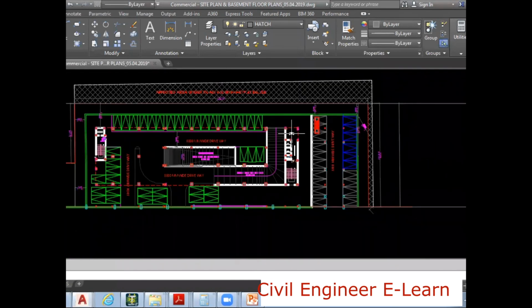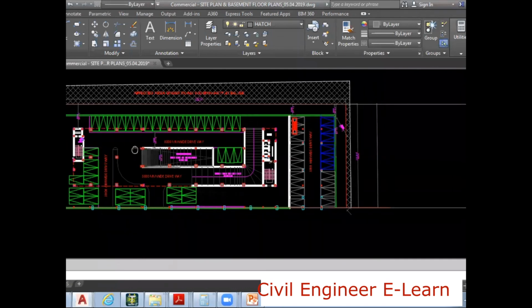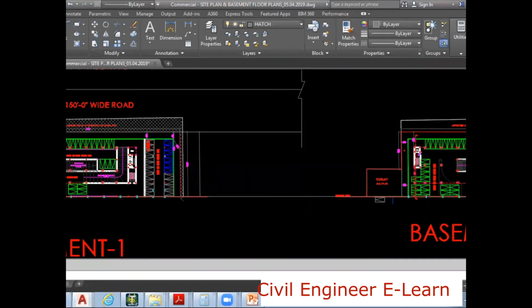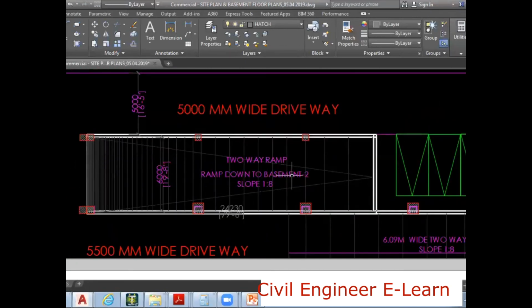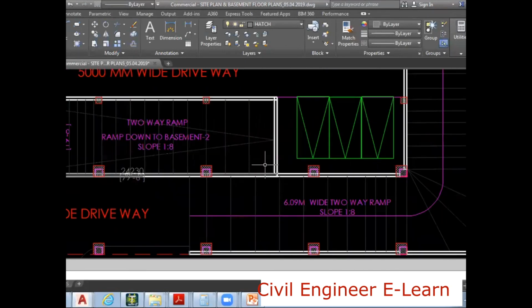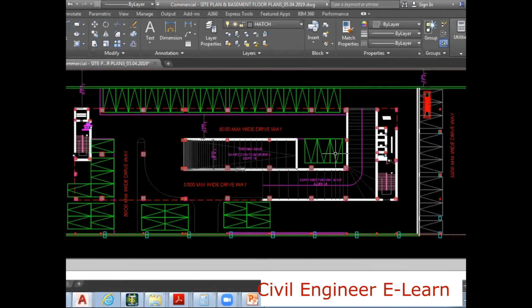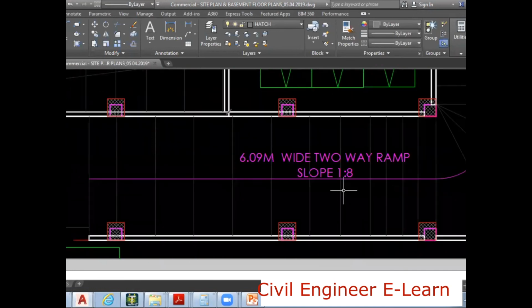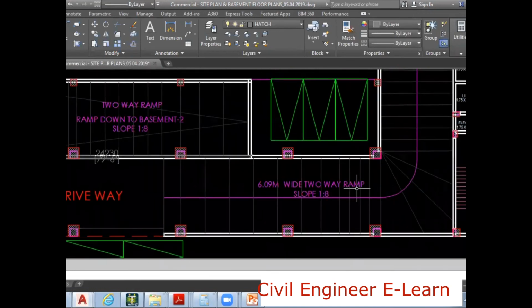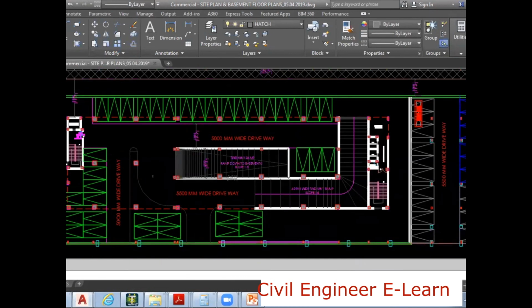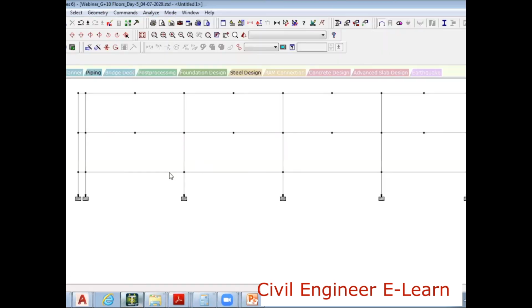From basement 1, right side to left, down, and then down again. So left to right, from here to here. I have to maintain a ramp like this.